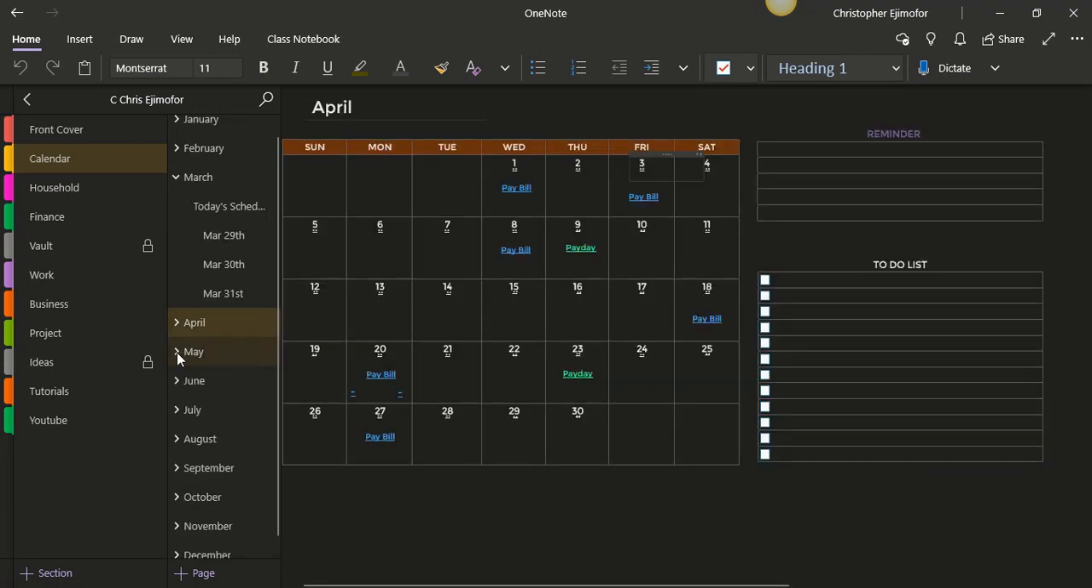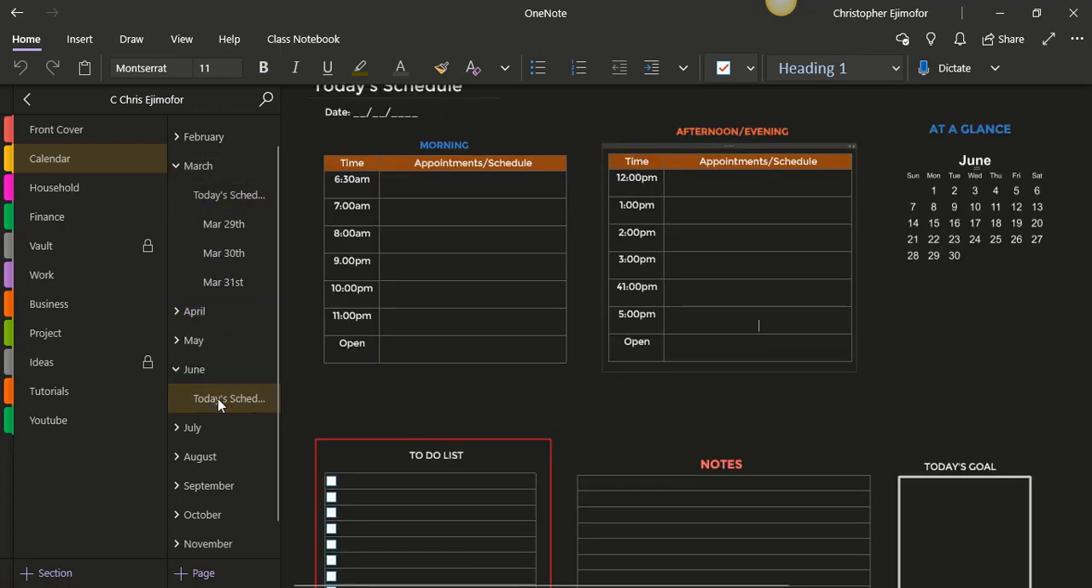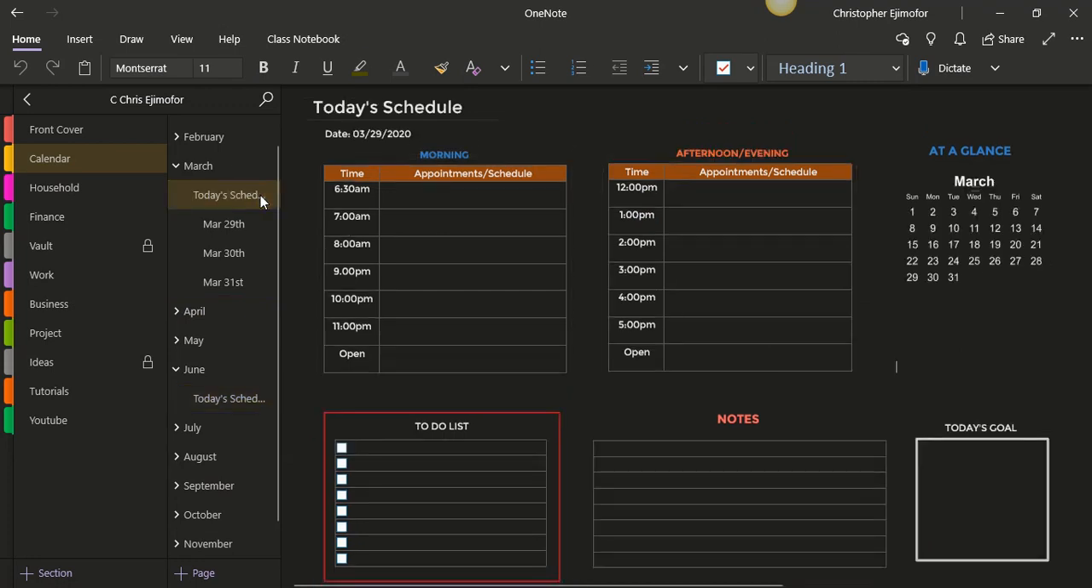So let's go to May, because I already did this before. Let's see if June has that. Okay, exactly. So let's use June as example. If I didn't have March 29th, March 30th, March 31st, all I just had was today's schedule, just like I have right here in June, what happens is that your today's schedule in June is going to be the same as today's schedule in March,